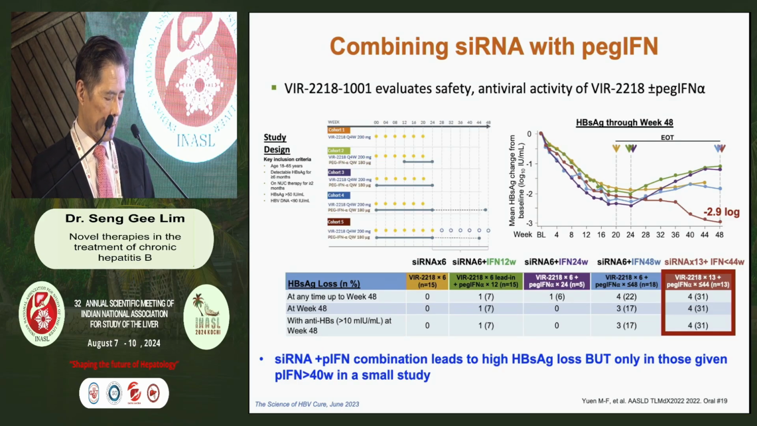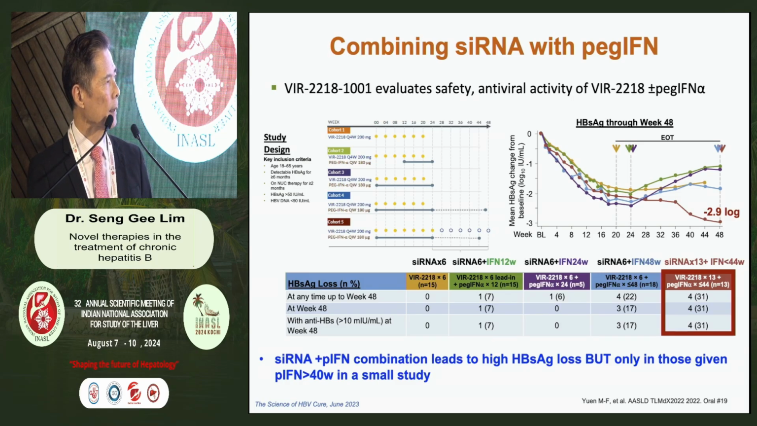You need, basically, in this study using the VIR-2218 siRNA, to give more than 44 weeks of interferon to see that response. If interferon is given for less than 44 weeks, you get either a sustained suppression of S antigen, or you get an increase in S antigen levels. But after you give more than 44 weeks, you actually get a reduction of S antigen of more than 2.9